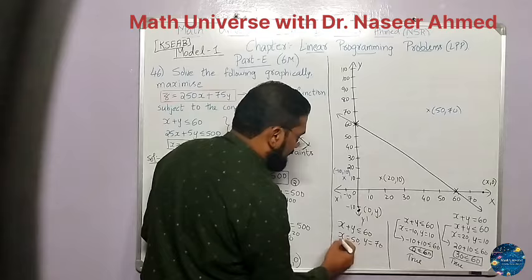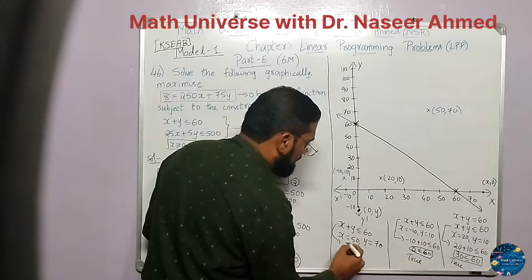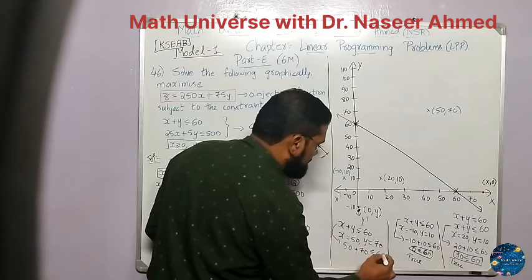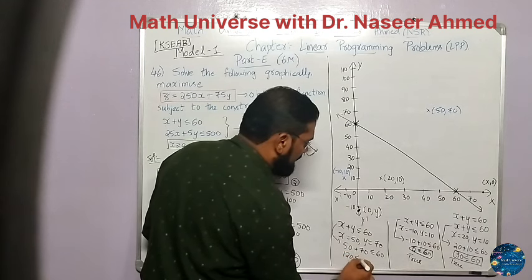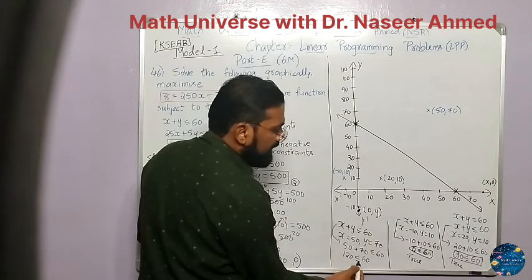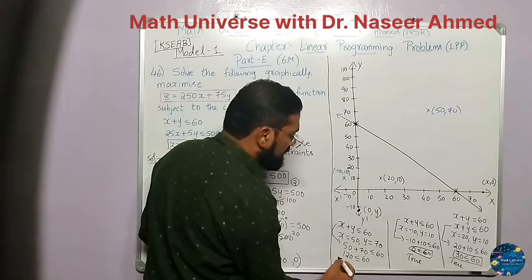This gives us 50 plus 70 less than or equal to 60. 50 plus 70 is 120, less than or equal to 60. Is this true? Is 120 equal to 60? No. Is 120 less than 60? No. It is a false statement,